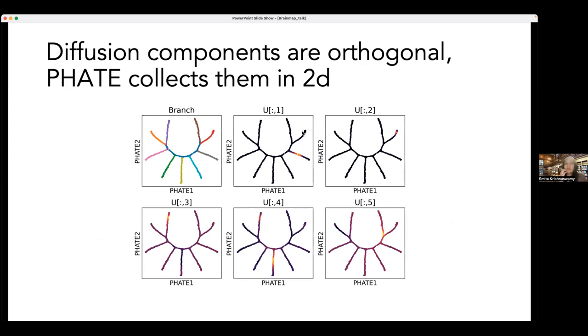Some of you may be familiar with diffusion maps. That's different than PHATE because diffusion maps eigen decompose the diffusion operator. And if you eigen decompose the diffusion operator, what you get is each eigenvector is roughly one trajectory. And so these trajectories become separated, and so it's better as a method of clustering these trajectories. Whereas if you visualize these diffusion components here, you see they're forming different arms. So they actually work quite well together because PHATE gathers them all into one plot, and diffusion maps will highlight